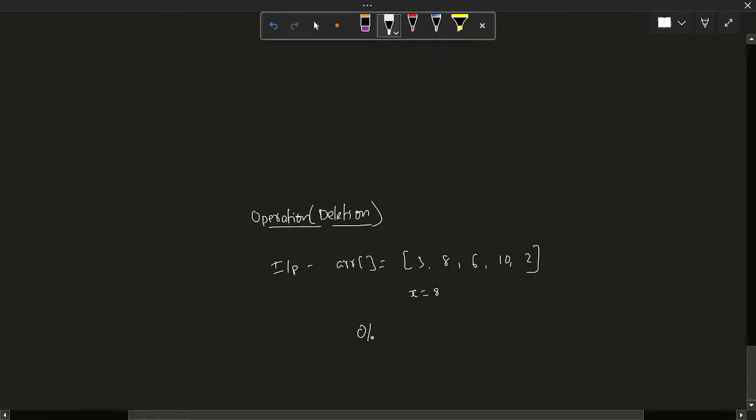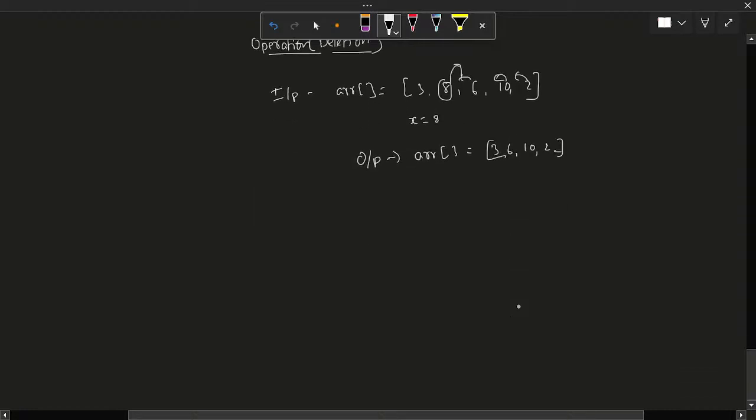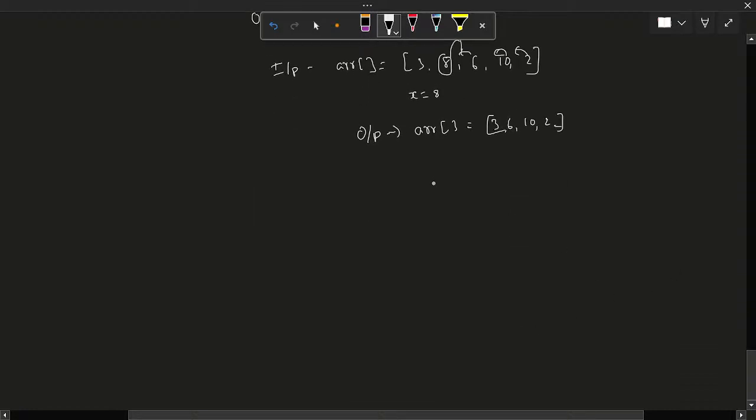So the resultant output would be 3, 6, 10, 2. So I'm removing this from this place. So these positions have to be adjusted. So this would remain empty, right? So for this, the solution would be